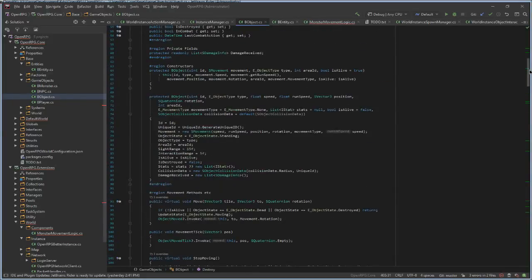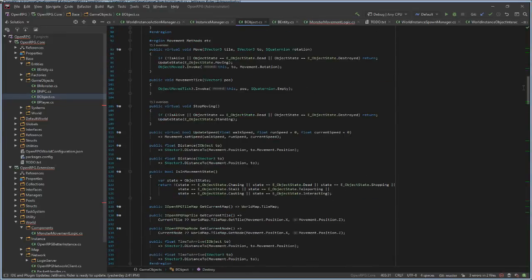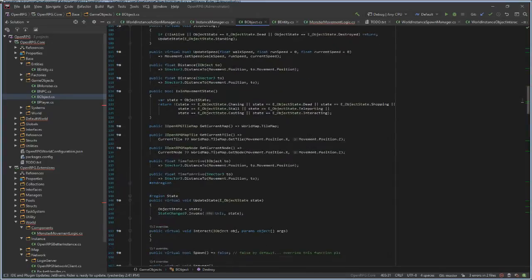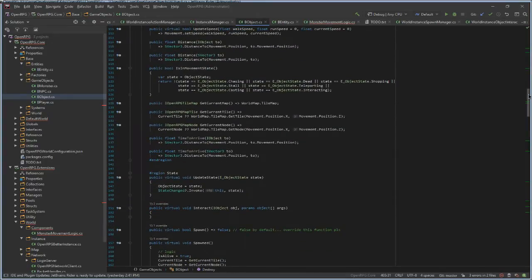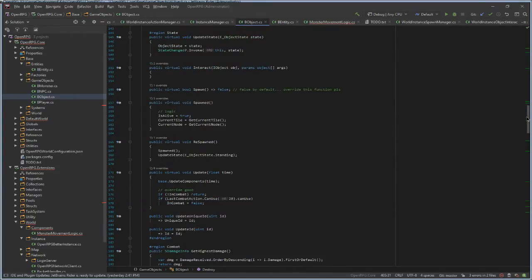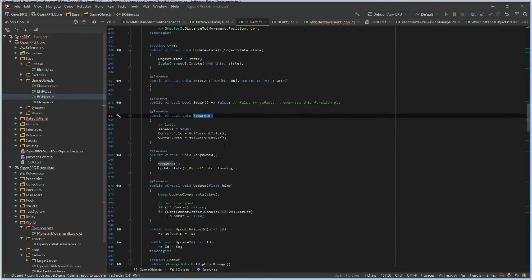On create entity will have to be called, where do we call it? On create entity, maybe in the spawned method.